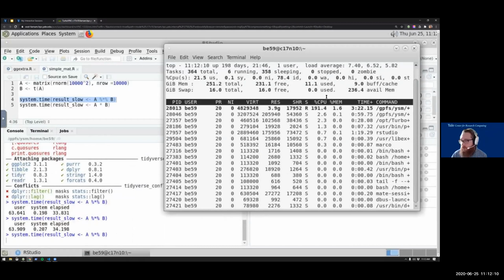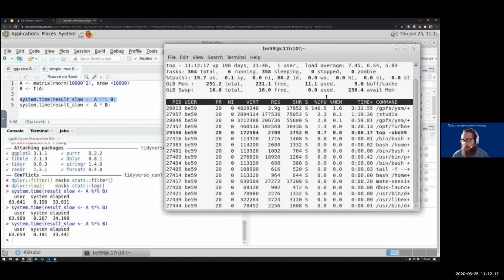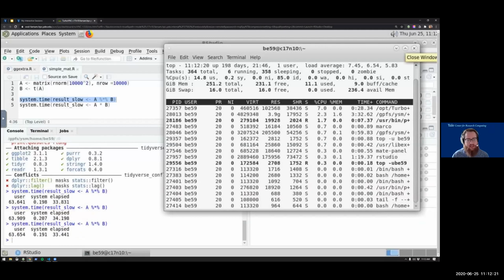And so the cool thing is we're getting parallel computation without having to rewrite code at all. That's the lowest level of parallel that you can get, just for free. We hopped on the cluster, and now we're using all the cores that are allocated to our job. So that's pretty cool.